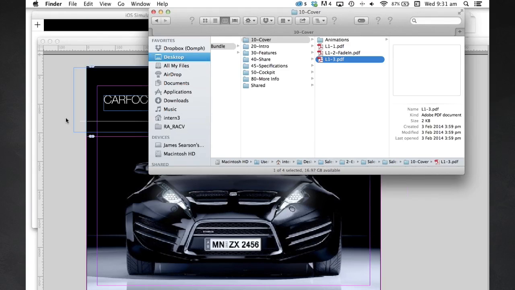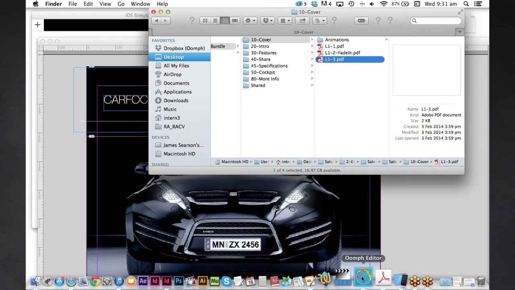So basically, if it's a portrait page, the width of your document just stretches, and it scales to fit your iPad and becomes a long scrolling page instead of fitting perfectly in landscape mode as this one does. So the other names here, so L1-1, that stands for landscape, page 1, layer 1. So if we go back to our working file,